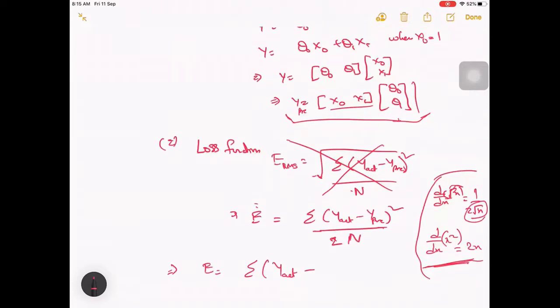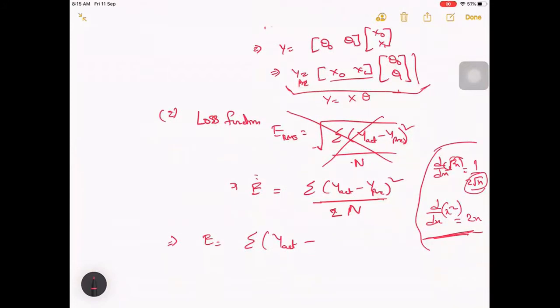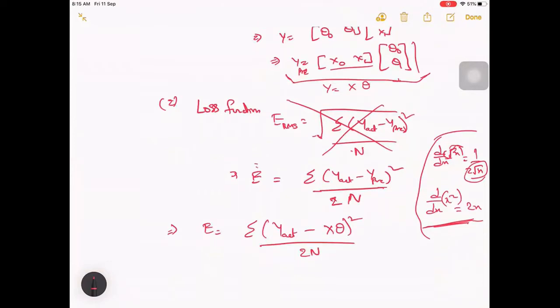This is y prediction, which will be x theta. Sometimes we also write theta transpose x as well. But let's write it here like this, as y minus x theta whole square divided by 2n. Can we write like this? This is it, right?